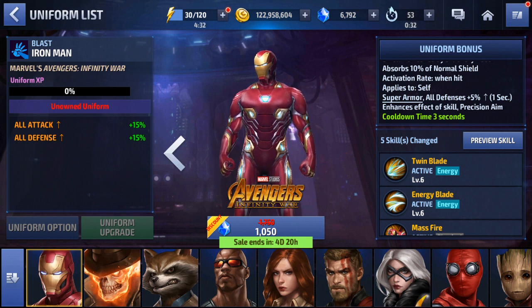wording of this. But if we go into the skill preview here, as I will show you in a minute, the super armor and the all defense does not appear to be on a 3-second cooldown. It just activates every single time you get hit. So I'm not sure if that's a bug right now or what is supposed to actually be on that 3-second cooldown, because the precision aim is his 4-star passive, and that should not be on a 3-second cooldown,